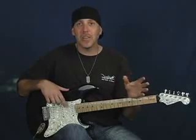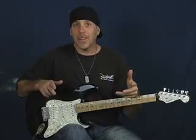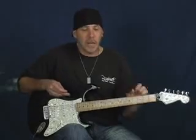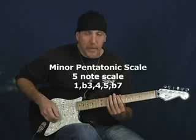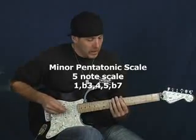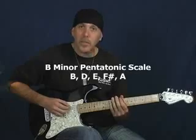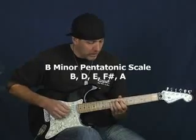It's a great scale. You certainly don't want to limit yourself just to that, but you want to learn other scales, right? And other modes. But as long as you're using it, you might as well try to get as much as you can out of it. So if we're going to be playing today in the key of B, and if I play that basic B minor pentatonic box position at the 7th fret, low E string is my B note, and just play that